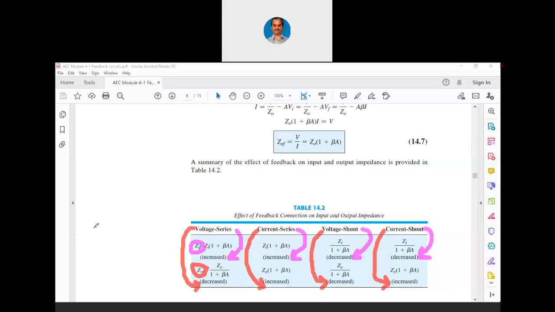So, always relate whenever it is input impedance, it is input side. Input side we have series and shunt connections. Series is going to increase, shunt is going to reduce. Whenever you think about output impedance, it is at the output side. At the output side, we have voltage and current. And whenever we take voltage, output impedance is going to reduce. Whenever you take current, output impedance is going to increase. Always